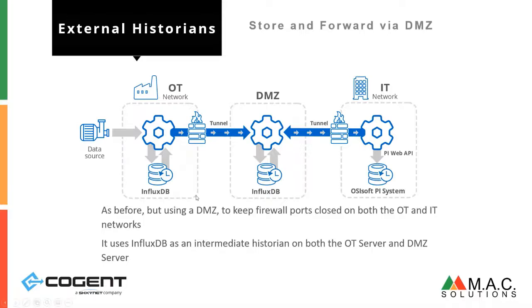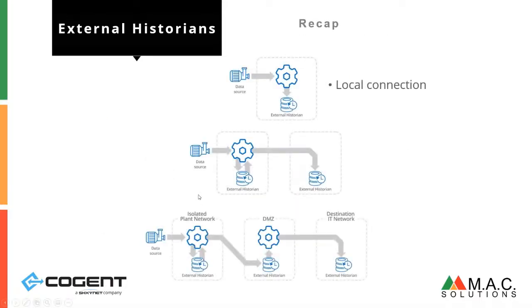So what I would say is, in a recap, Xavier, if you just explain in a nutshell how external historians make life easier for our customers. Sure. So the first one is that obviously everybody wants to store their data into an external historian. From a local connection, you'd have a simple solution. But if you're moving data from a control network to an external historian, which is located in IT or in a DMZ, because most companies are moving away from keeping the historians in the control network,